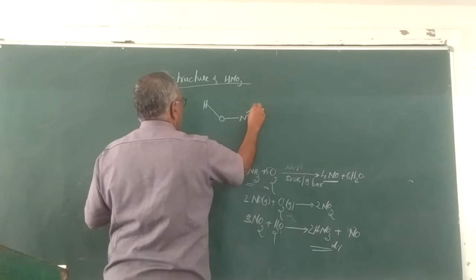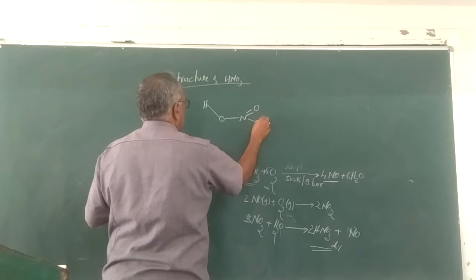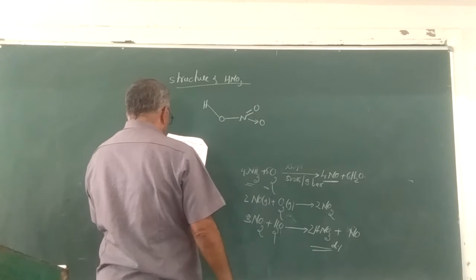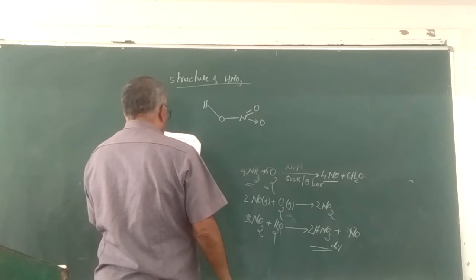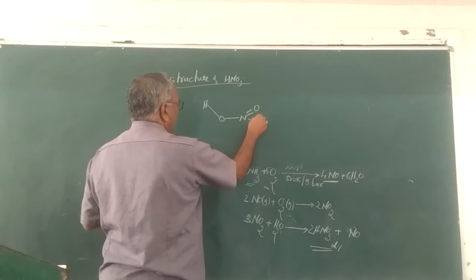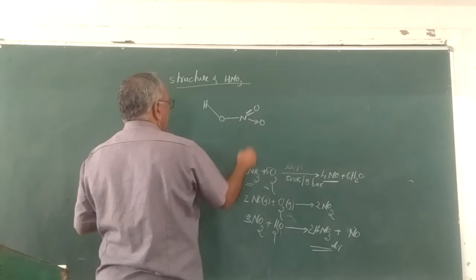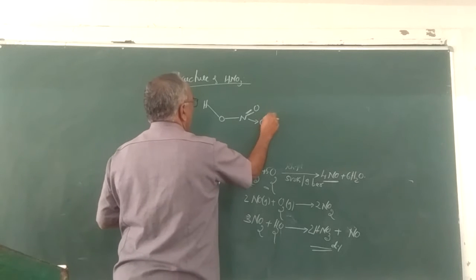It contains one proton. When you observe the bond length, this is delocalized. The shared pair of pi electrons is delocalized. I may write as